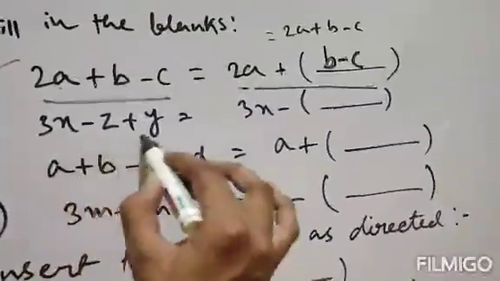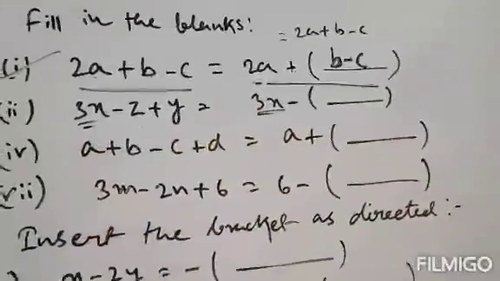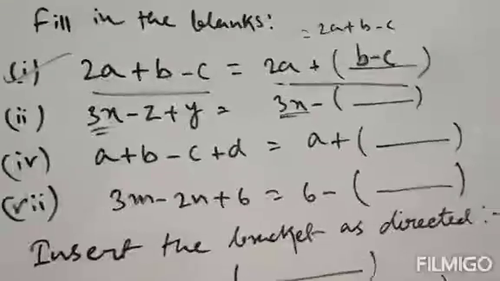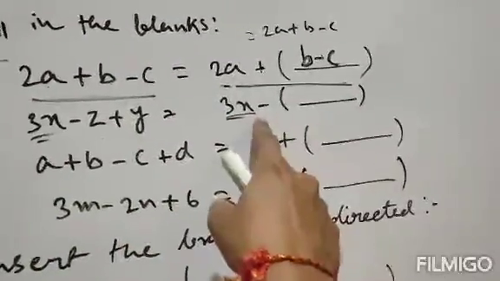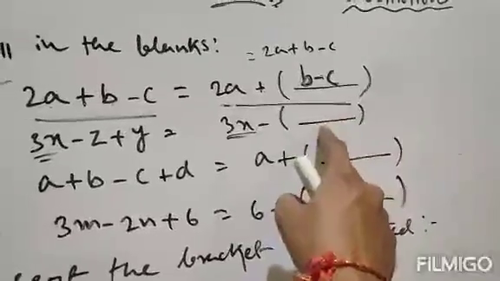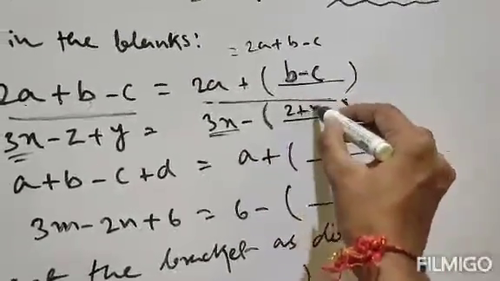Next, 3x minus z plus y. Here 3x is present, here also 3x. So compare the two sides first. Here is 3x and here is also 3x. Here is minus, here is also minus. So that is all correct. Now here is z plus y, so this term is missing. But see, here the bracket is given. So if you put z plus y here,